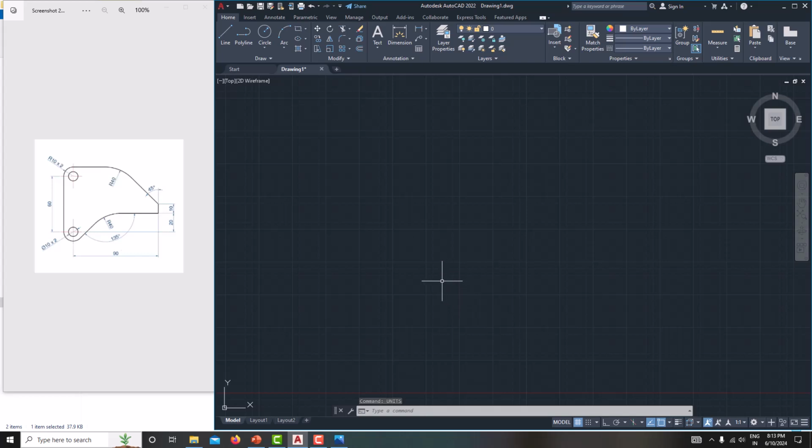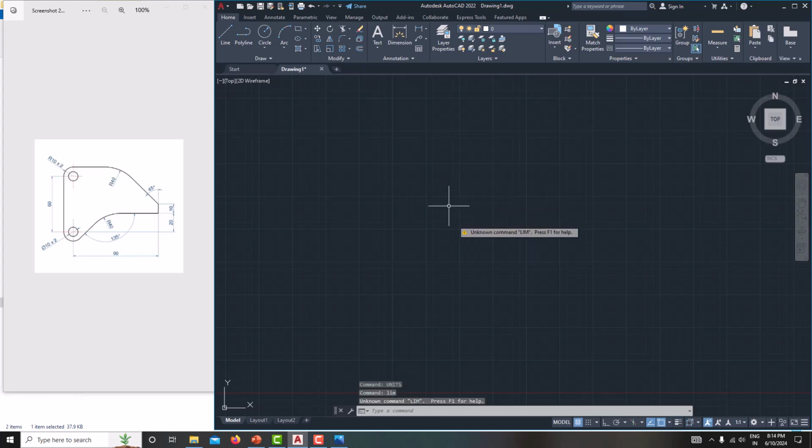Then we need to set the limits. Limits specify the sheet, this white color sheet. For this corner it is 0, 0 as the x and y coordinate. For this corner we need to specify the dimension. The maximum is 90, so we will specify around 150, 150. For that, just type limit,